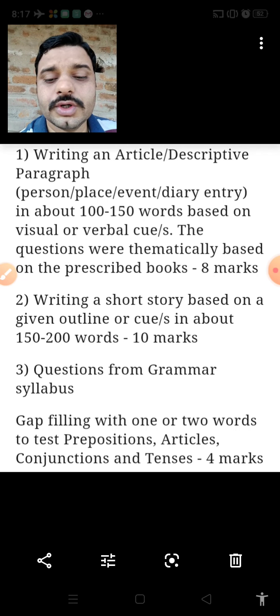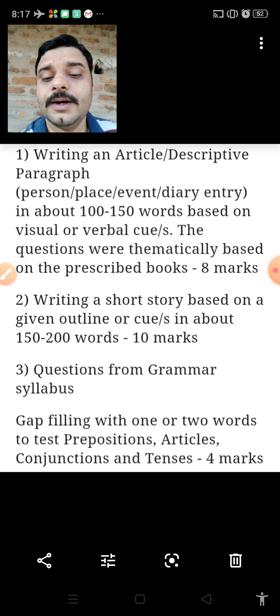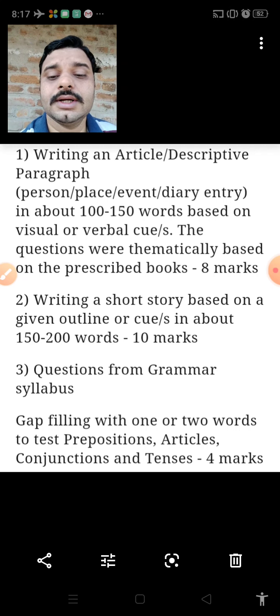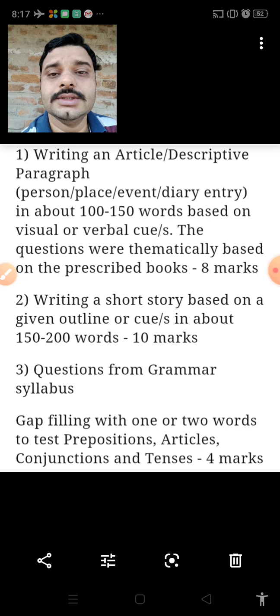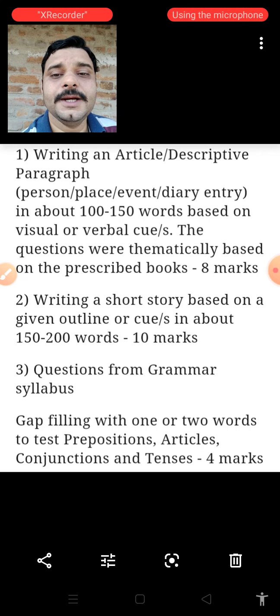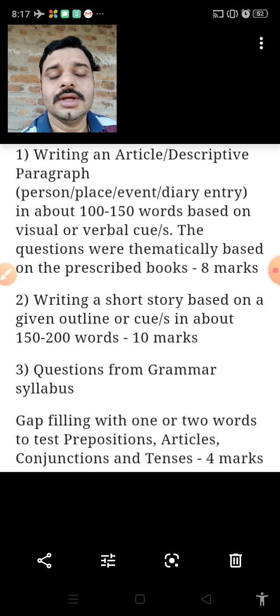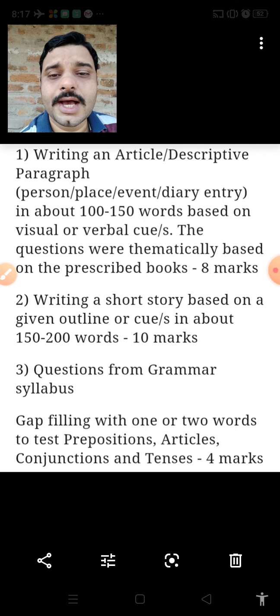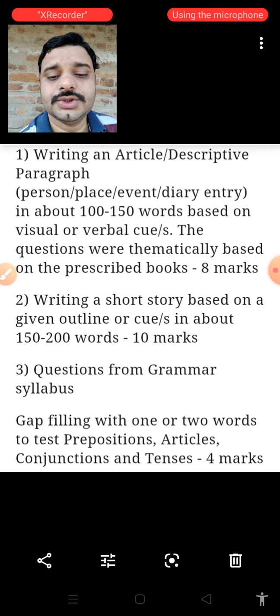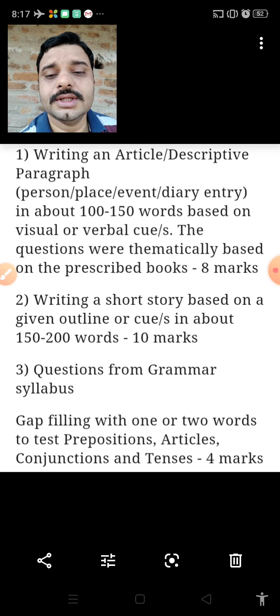Come to the point number 2, writing a short story based on given outline or cues in about 150 to 200 words. This is also not new for you. You actually had a good practice in class 9. Questions from grammar syllabus. Remember, grammar syllabus is given in detail in split of syllabus, but grammar is not asked traditionally. It will be contextual. Some passage may be given, and in this passage